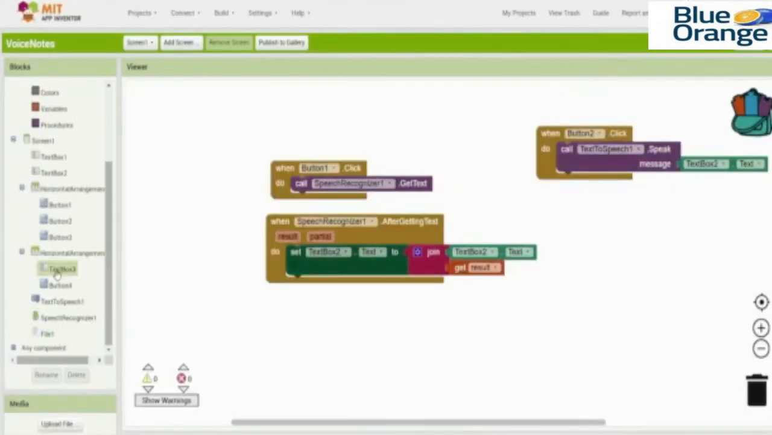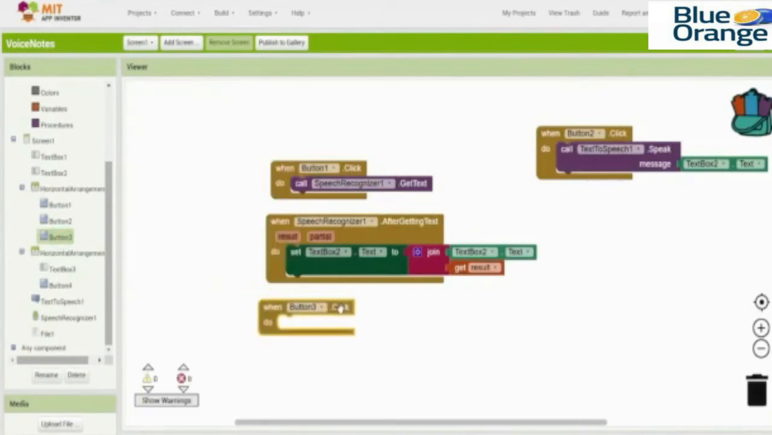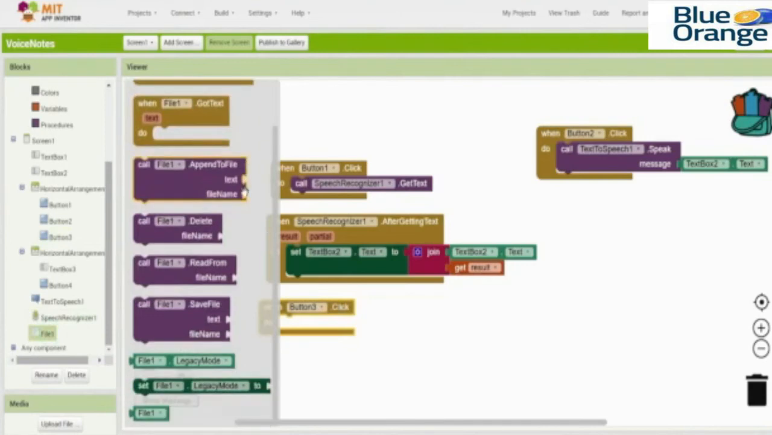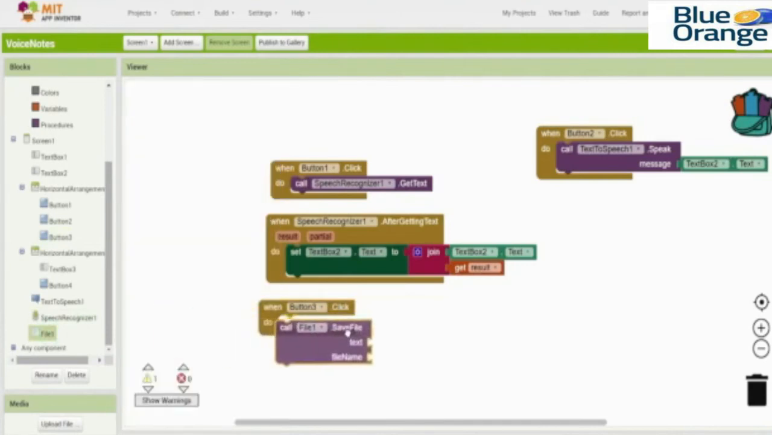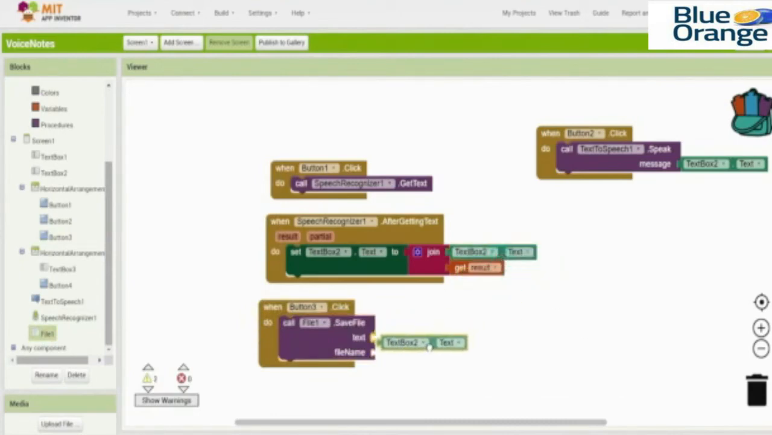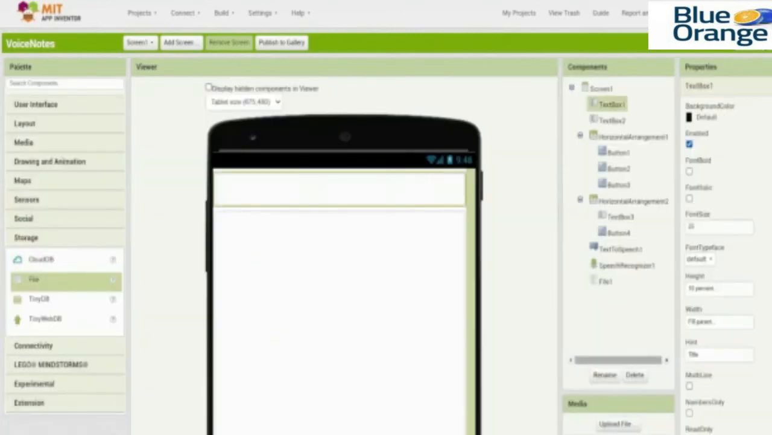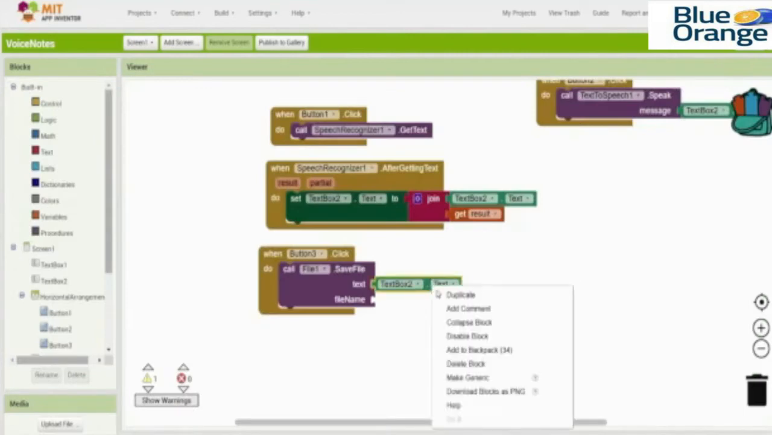Now in the block section, when button 3, which is the save button, let's bring in this block. We are going to bring in this block, the all file1.save file. The text is going to be whatever they type in text box 2, which is the content, which is textbox2.text, and then the file name is going to be the title. So the title is